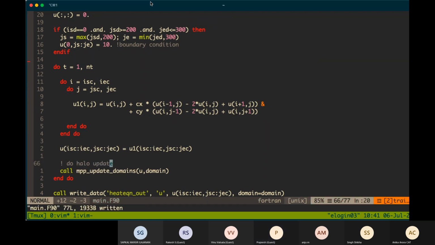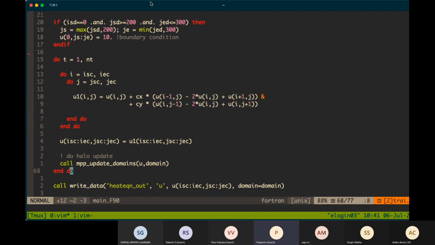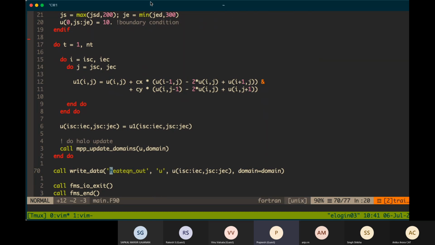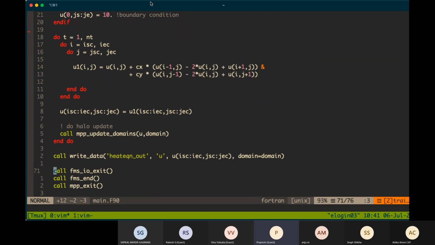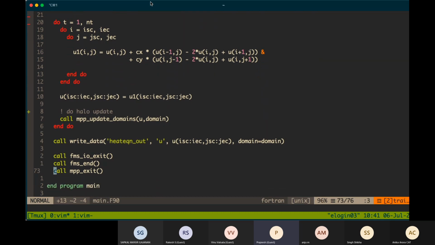Then we are writing the output here at the end of the time loop. This is the time loop. After that, we need to exit the FMS infrastructure by calling the exit routine.